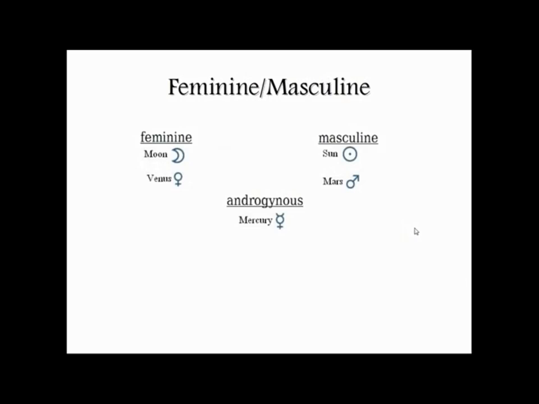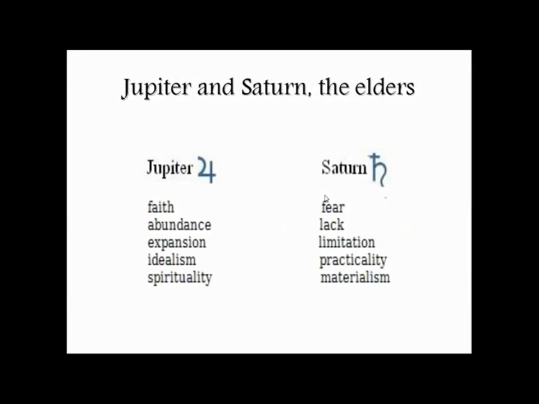But basically, these 5 planets, the Sun, Moon, Mercury, Venus and Mars, constitute the core elements of our personality. Our sense of identity, which is the Sun, our communication, which is Mercury, our basic awareness and sentience, which is the Moon, and our sociability, for want of better words, which is Venus. And with Mars, our ability to assert ourselves and to win in this competitive world. So when we get to Jupiter and Saturn,